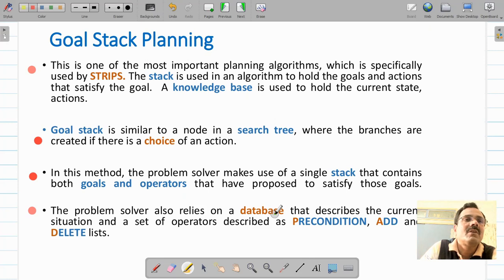So the block world problem was discussed, and there is a robot arm, there is a flat surface on which different blocks are placed, and you will have to use that robot arm for converting the initial state, that means the initial arrangement of those blocks, into some goal arrangement which is given that you will have to achieve. So you will have to convert the initial state into the final state by using a robot arm.